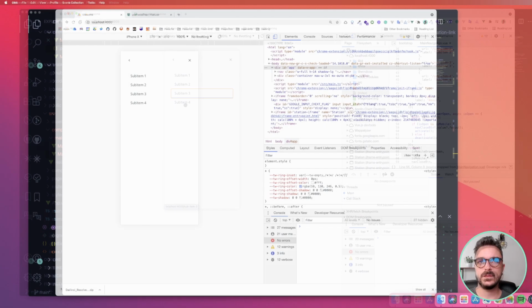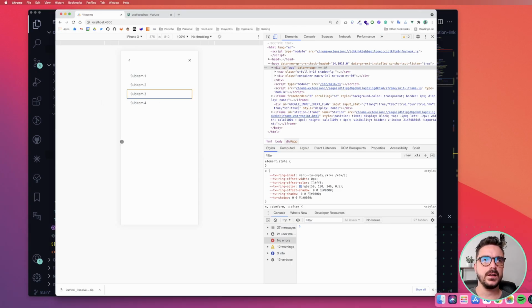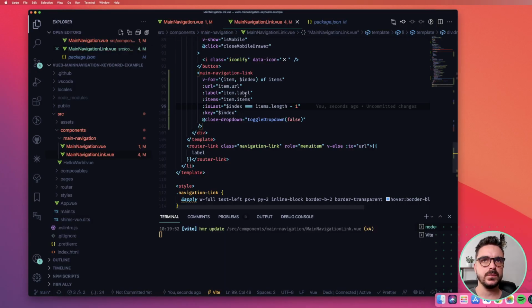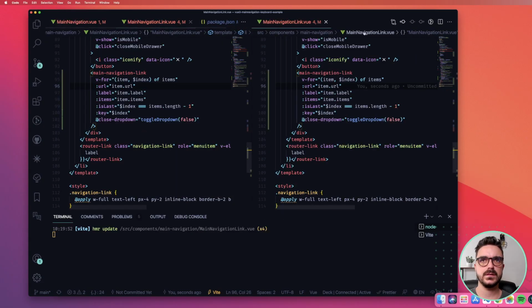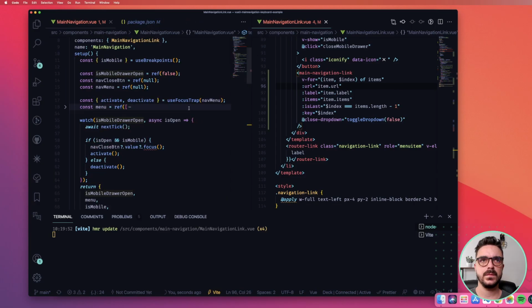Okay? So to implement it here, we go to the code, and what I'm going to do is put this in a separate, like this.